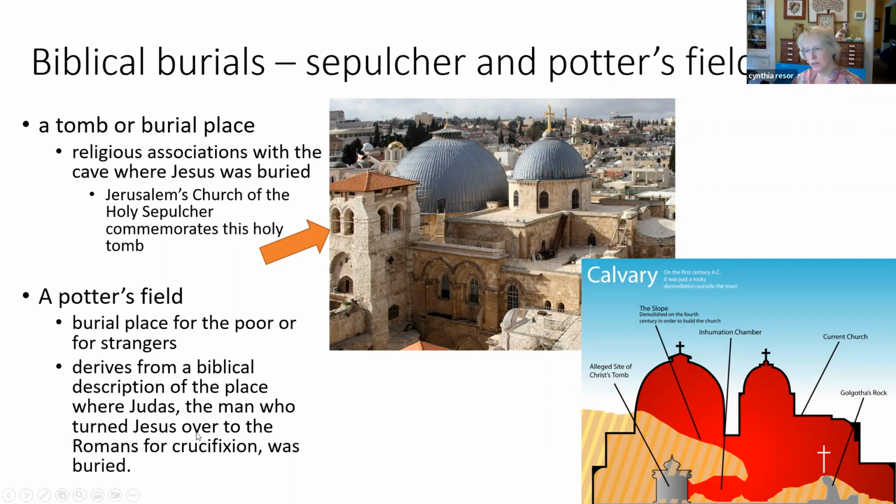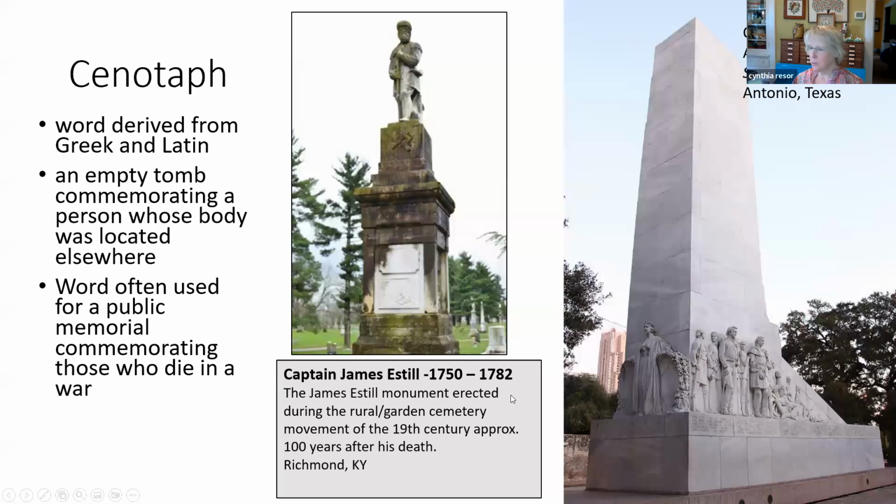And then a potter's field is a word used for burial place of poor people. And it derives from the place where Judas was buried, the apostle that turned Christ over for crucifixion. So this is a picture of where the places were that were related to the death of Christ, and then how they built the church over those places. One more,